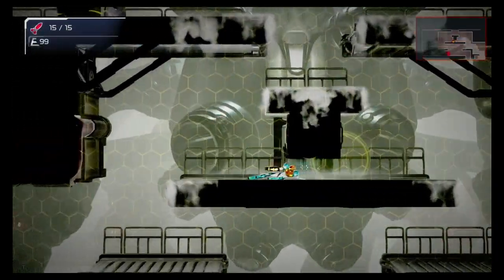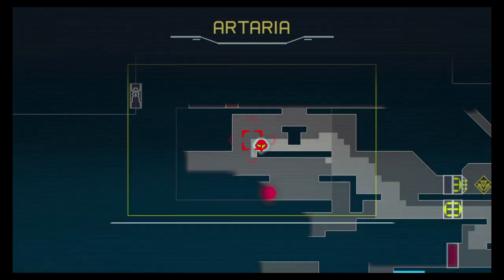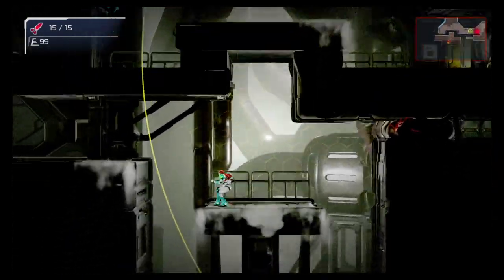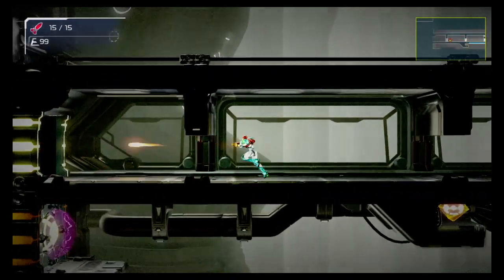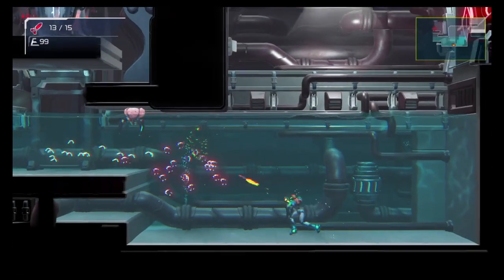So, the most important thing I can say with the Emmy areas is just practice them a lot so that you know where you're going. When you go up here, and down, and not down to the left yet, through the corridor, and now I'm going to go down to the left. You can take these guys out en masse with missiles,